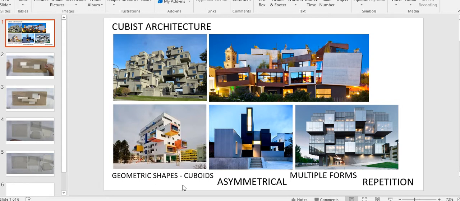They're asymmetrical. Now, if you look at all of these buildings, none of them are symmetrical. There isn't a line of symmetry. So one side of the building isn't the same as the other. The building looks different from different angles. It is asymmetrical, which means it's not symmetrical. They use multiple forms. So in this case, the form, which is the 3D shape, is a cuboid. And there's multiple